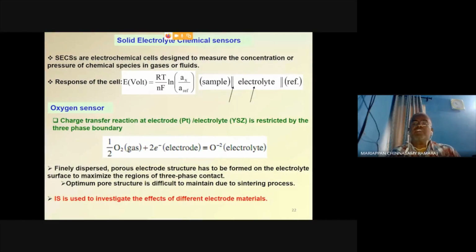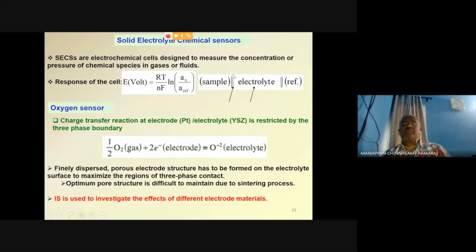When we fabricate this sensor, the properties of the electrolyte are very important. That's why in the previous slides I discussed the transport properties of electrolytes and how they can be characterized. Now in the case of the oxygen sensor, we have a three-phase boundary: the gases, the electrode, and the electrolyte. So we have three-phase contacts. In this case, we need a porous structure. We have the electrolyte, and on the top we have the